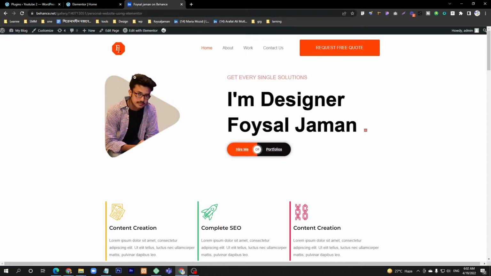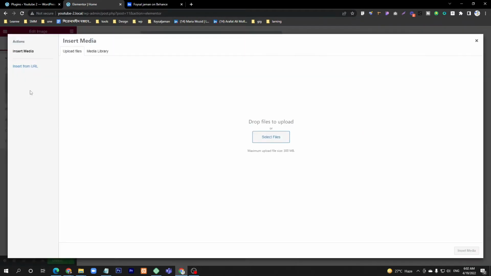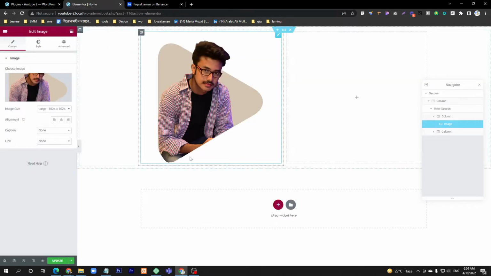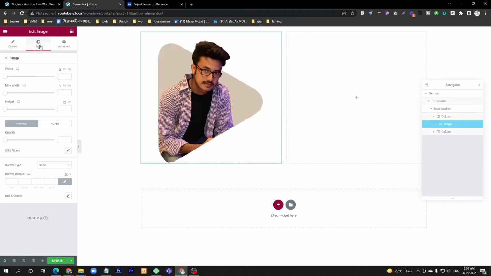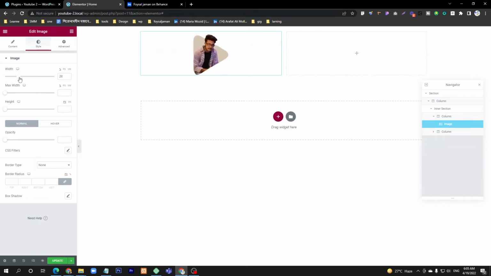I will use this image here. For this, I have already imported the image widget, and I will upload my image for this, and I will upload the file. Right, I have imported my image. Just insert the image. As you can see, my image is too large and I have to decrease it. For this, go to the style option and decrease the width, maybe